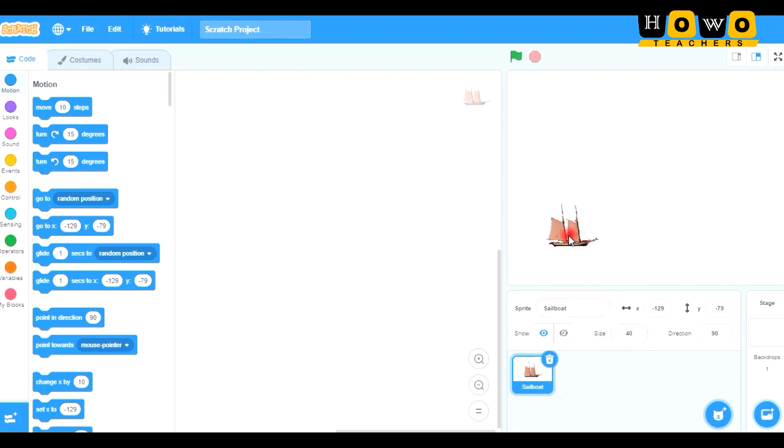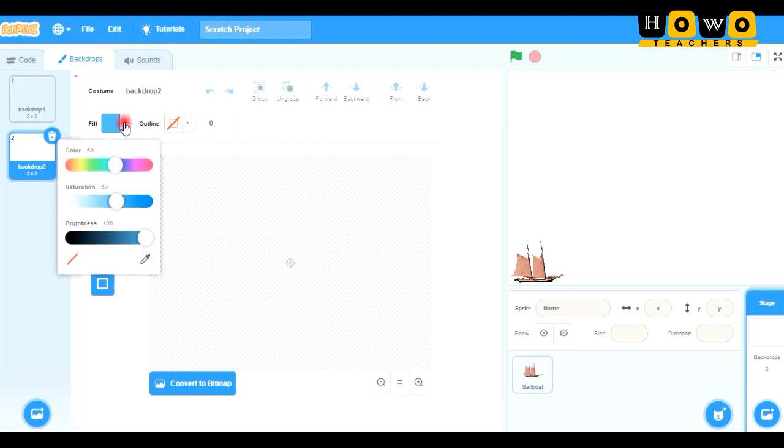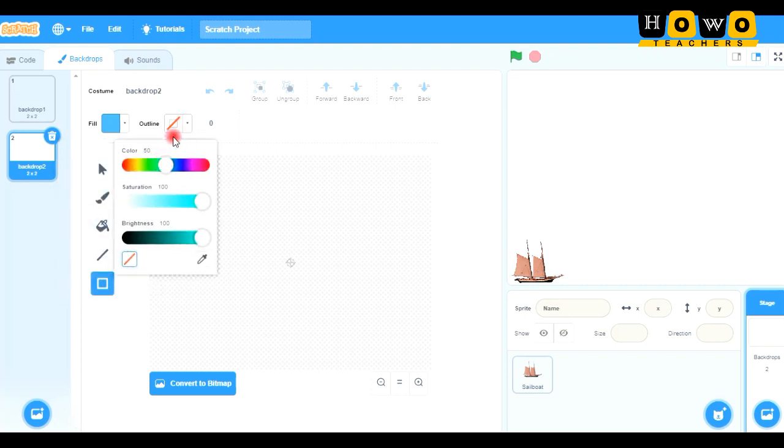This is a laptop version of the game, so it is much more easier. In case of mobile version, different things will be used, and that is also there in this video, so watch the video till the end. Now second thing that I have done is I have taken the paint option in the backdrops. So here in the paint option, I need to fill out the backdrop. So see, I have already selected the blue color here, and I do not need any border.